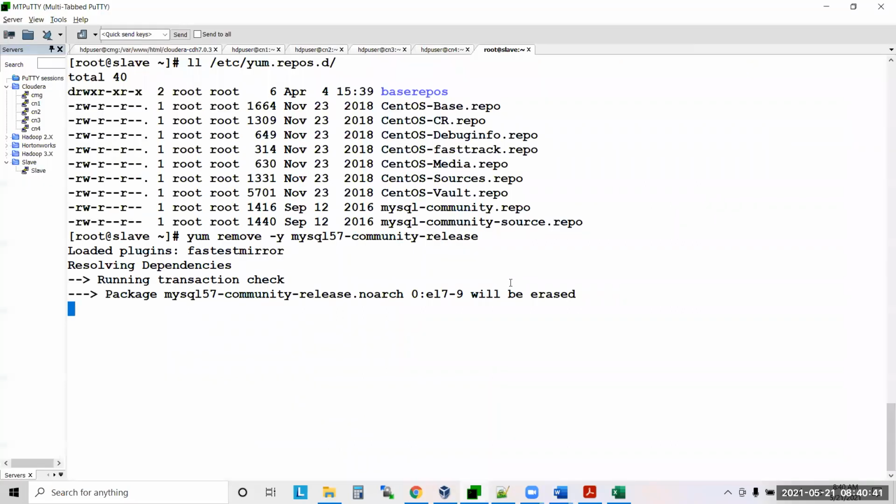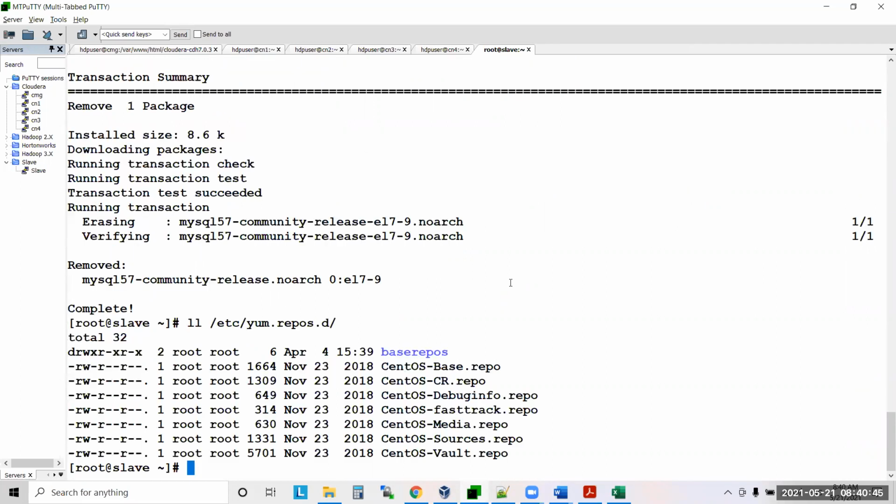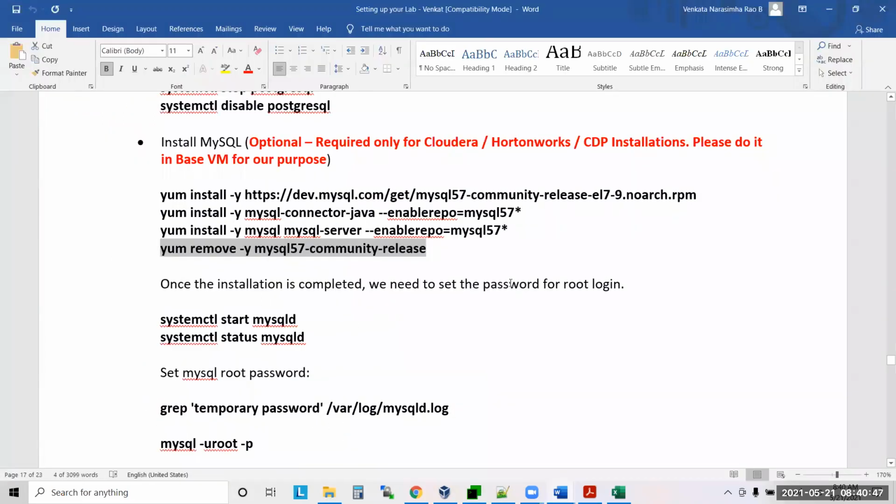For Python also, do we need any subscription or something? Python? No. Open source Python is sufficient for us actually. Got it? In real time also. Yes.